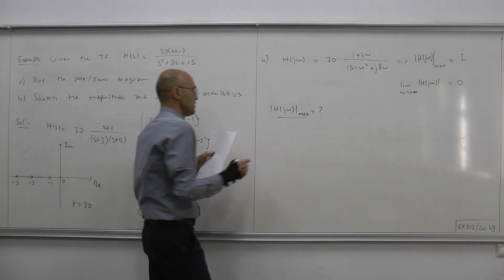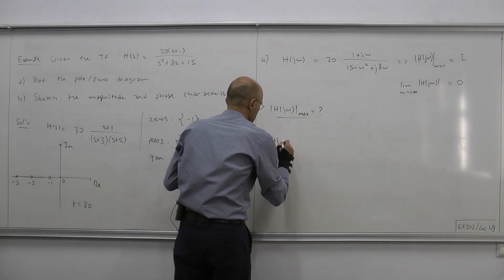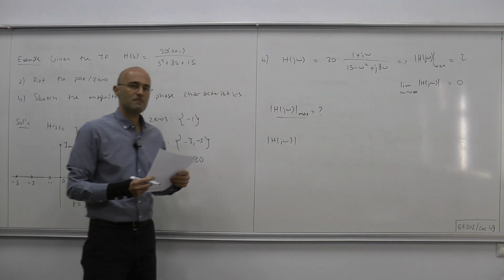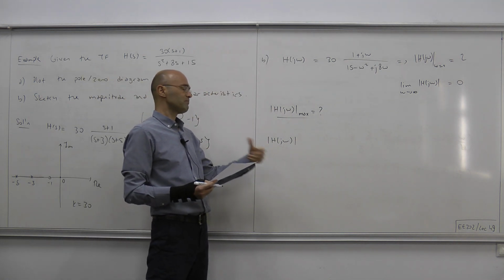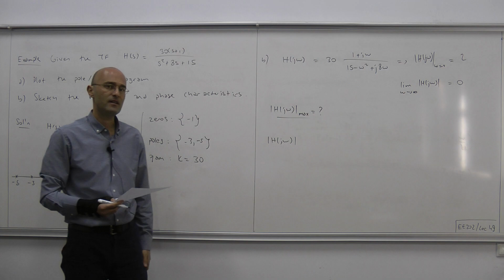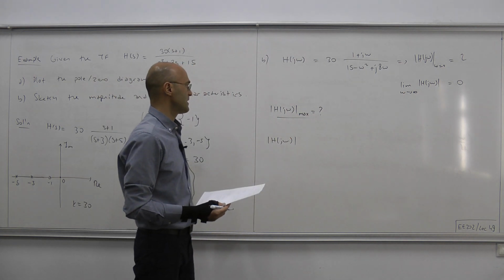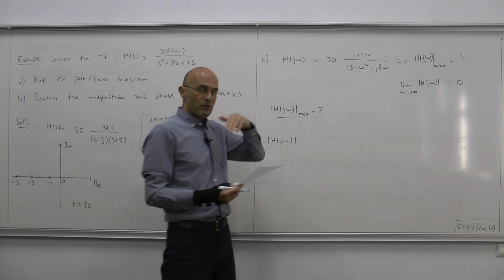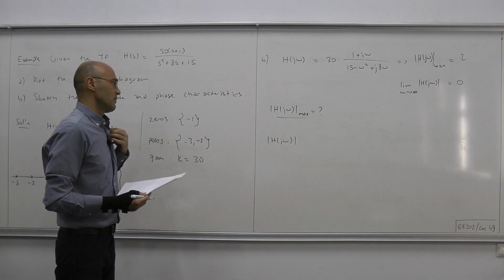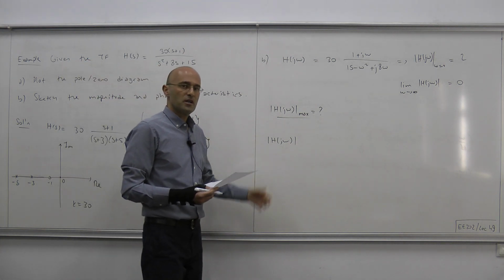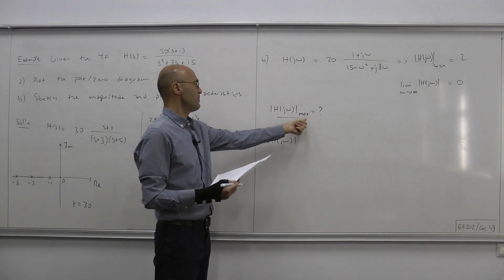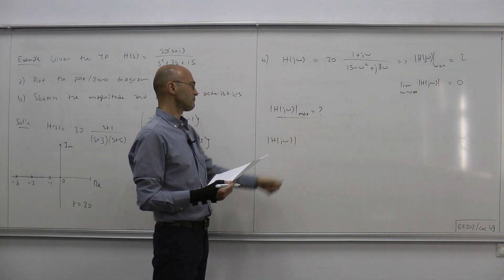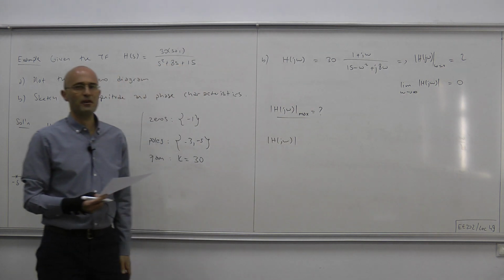Okay, so H(jω), let's compute it, and then what we can do is differentiate it and equate it to 0. We know that at maximum and minimum, the derivative should be 0. Using that procedure, we can figure out both the maximum value and also the frequency at which